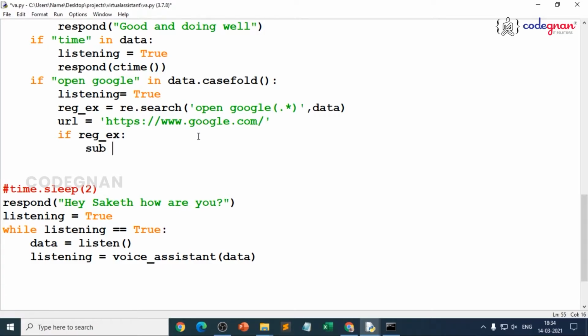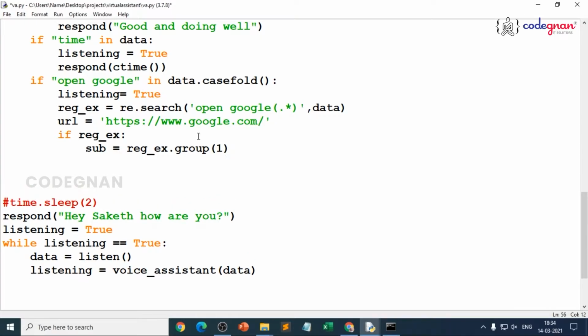So I'll give the substitution is equal to reg underscore x dot group, according to the given open Google structure. Then automatically our URL should be added, because if you have any other extensions, we are making sure that string is read without any mistake, because the backward slash is for the URL's extension. So we just mentioned that.